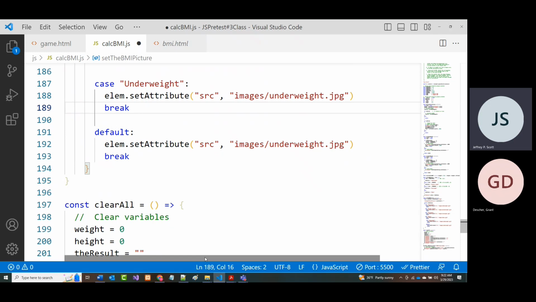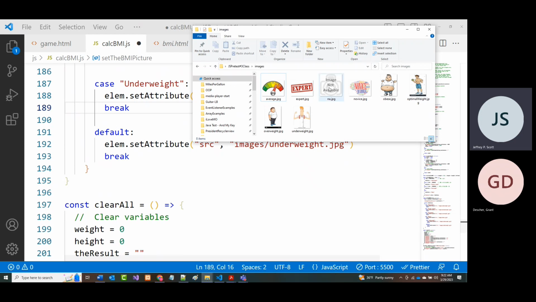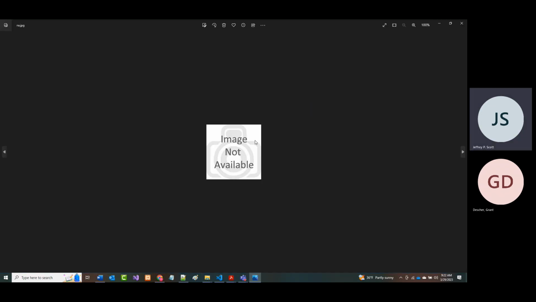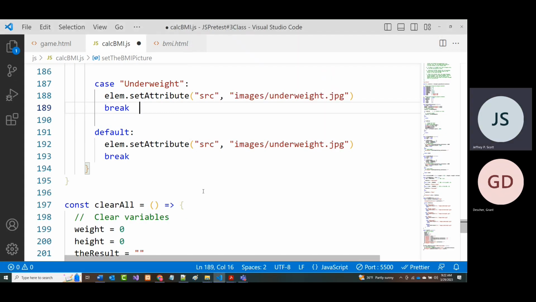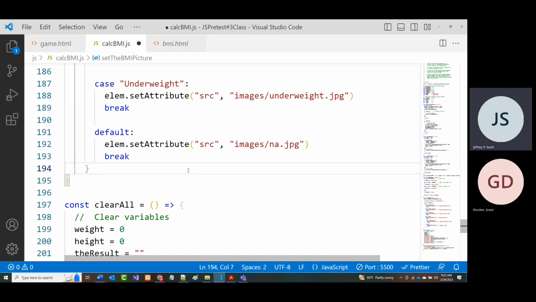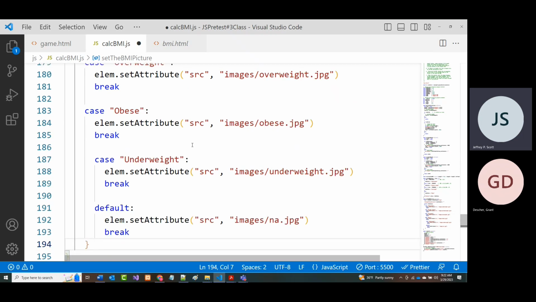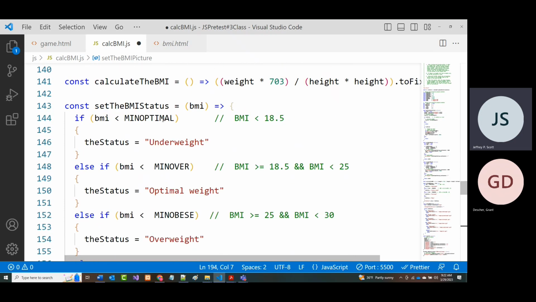All right, what do I want to put in there? Well, if you look at what I put in there for pictures, I've got one that just says image not available, and I called it NA.jpg. This should never get hit. It should never get hit, but it's better off to provide for the worst, hoping that it never ever happens, than not provide for it and have it happen. All right. So that should, unless I made errors in here, and I don't think I did, have everything in there. So we put that in,